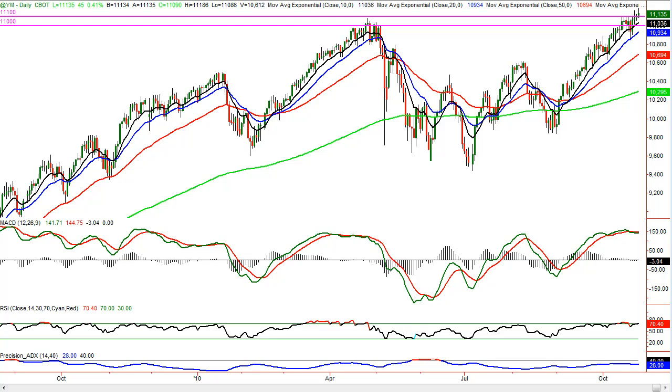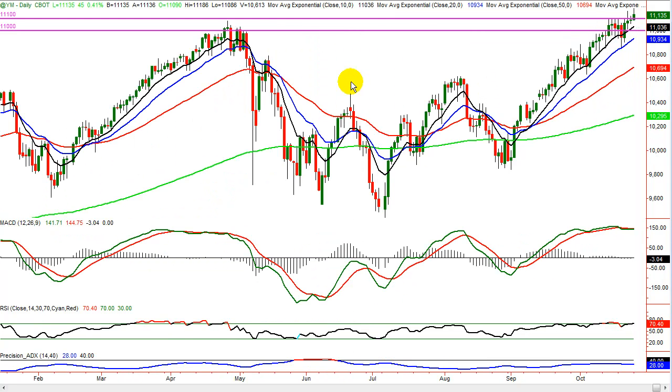So the first one I'll look at is the YM. You can see here I've drawn a couple of lines on here. Obviously 11,000 was a strong resistance point. It really struggled through here. Had a couple of bites of the cherry to get through. Couldn't do it, came up, really struggled along this level here as well before finally pushing on and breaking up through. And then it found some more resistance at